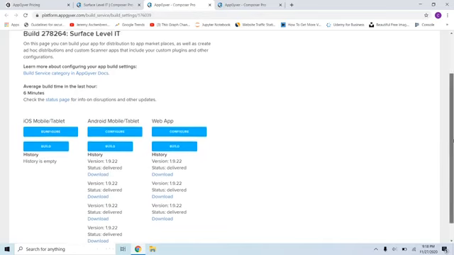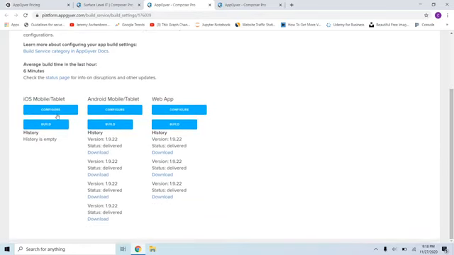So what we're going to be doing is, I haven't created one for iOS yet, and that's primarily because you have to pay $99 a year just to upload the application, and I just don't foresee that being a need right now. You can do it for Android or tablet, which will allow you to download the APK file, and then web app, which will allow you to download a zip folder, which you can publish to an actual